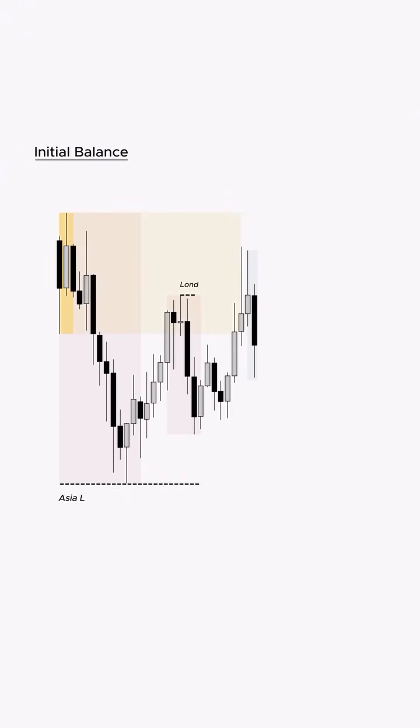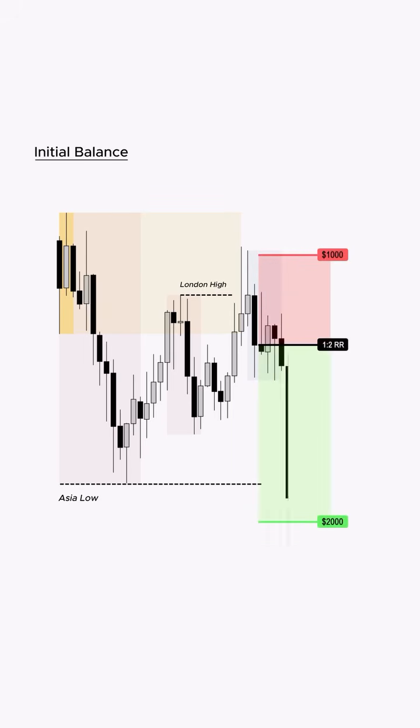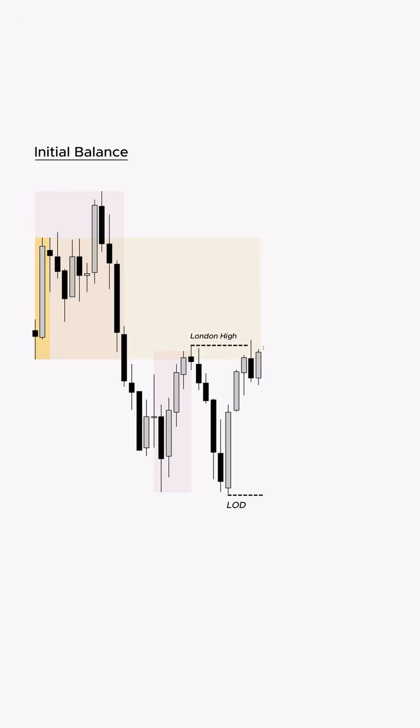The second position did the same thing. Not only did it come back to mitigate the initial balance, but it took pre-New York highs in the process, giving a retrace candle and then a 2-to-1. Again, once price committed to the downside pre-New York session, New York came back to not only mitigate the initial balance of Asia, but also liquidating the pre-New York highs, giving a retrace candle and then a 2-to-1 to the lows